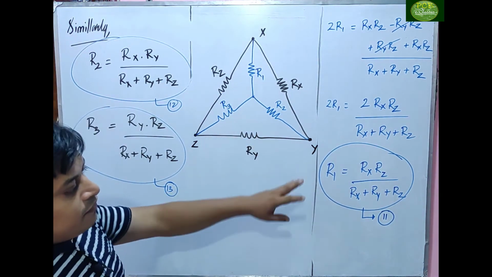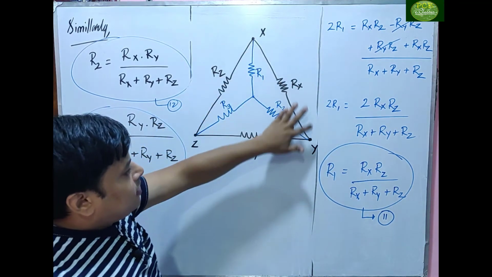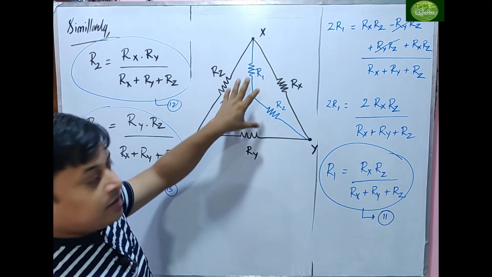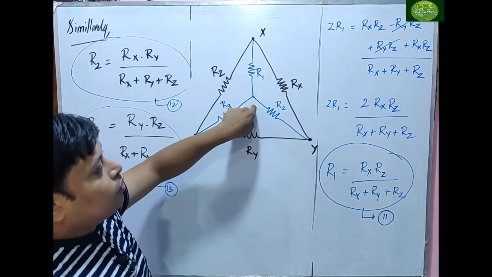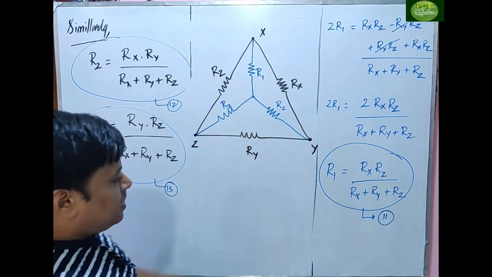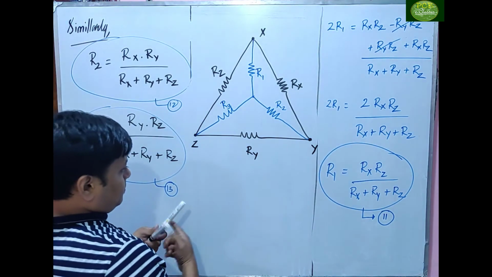Now you can correlate with the equations what we have got. If this is a delta, we want a star. Delta I have done in the black color and the star I have done in the blue color. If I want a delta to star connection, what is the R1 I have written here? You look here. R1